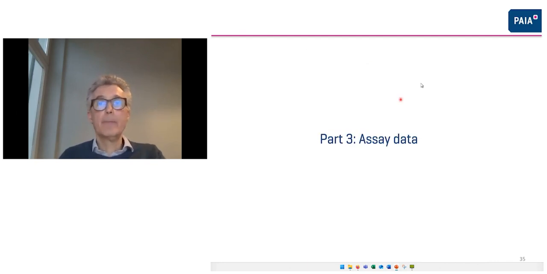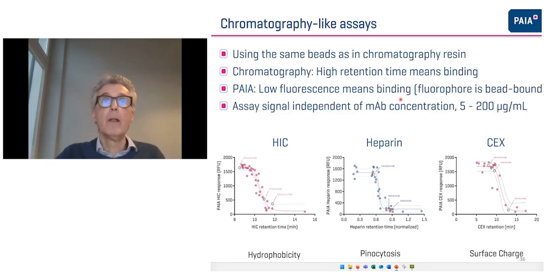Okay, and with this, I would like to transition to the assay data that I want to share with you today. And I would like to start off with what we call the chromatography-like assays, because they use exactly the same kind of material that you have on your HPLC column. So it's exactly the same kind of resin. So if you look at those plots here on this slide, it's important to keep in mind that in chromatography,